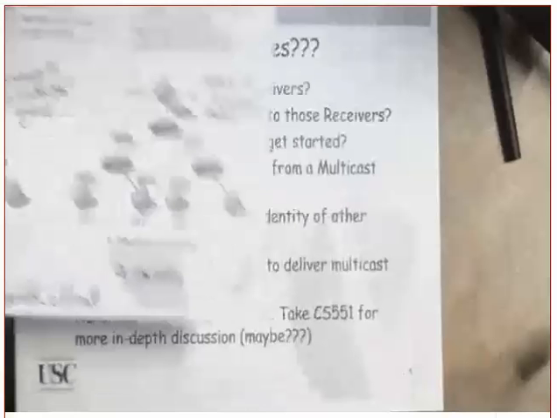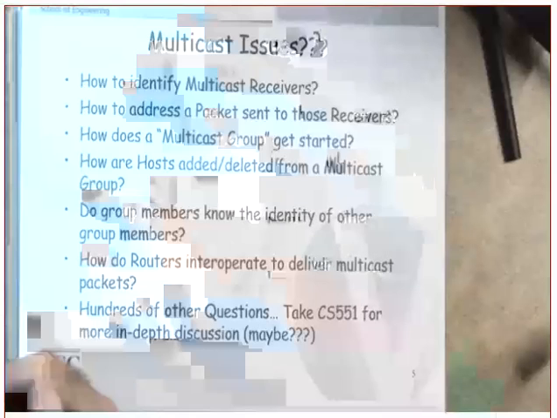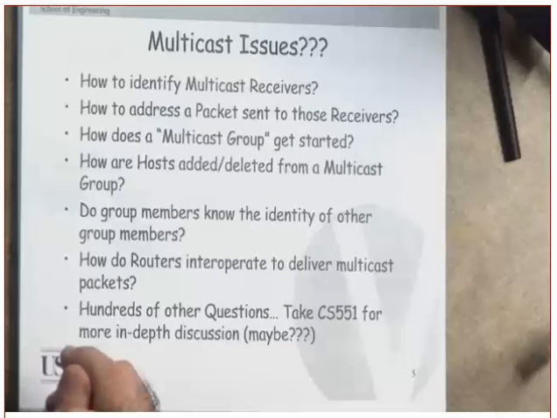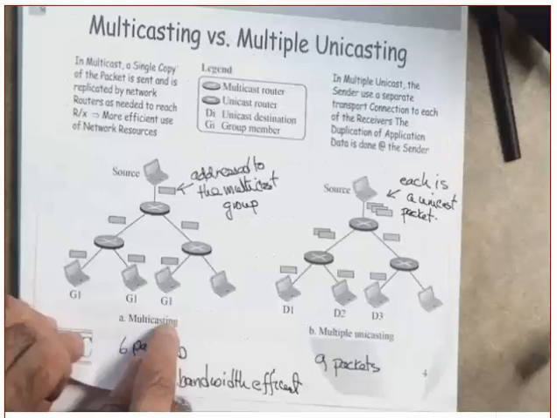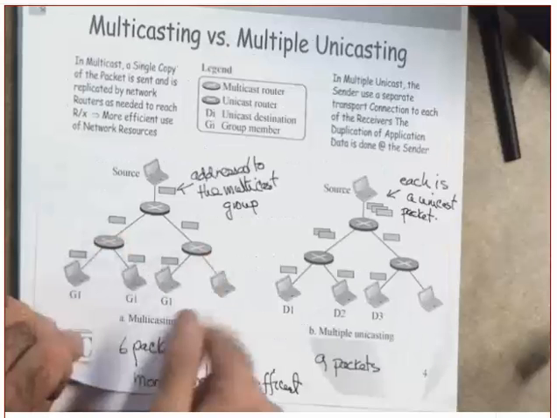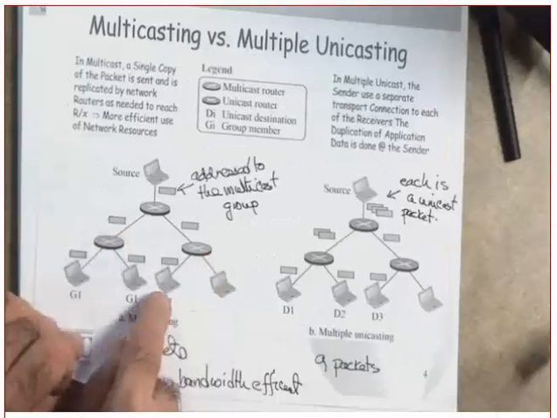How does a multicast group get started? How do you start your multicast group? What do you need to do? All of these questions, we will see them in just a second. Can you join if it has started already? So there is a multicast starting already. Can you join in the middle? And if you decided to leave the multicast, can you leave the multicast at any time you want? Maybe the multicast was going on, and you want to leave the group. Can you do that at any time?